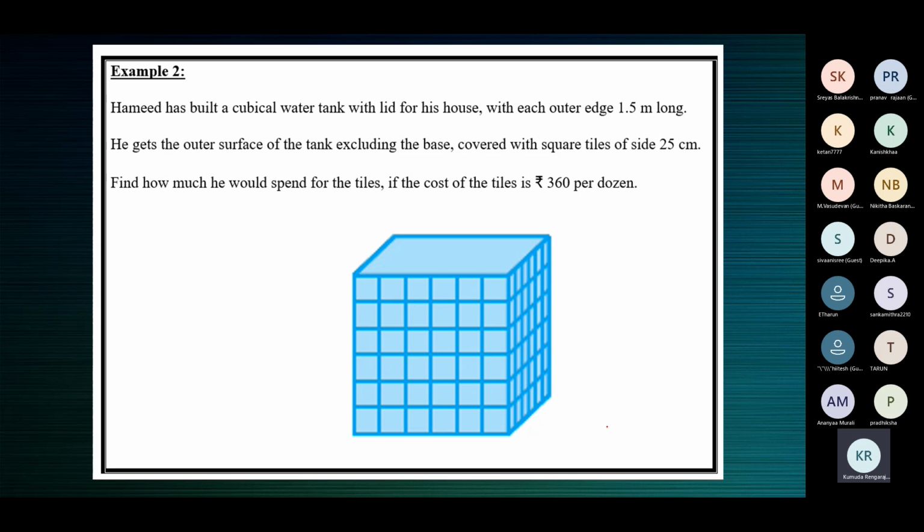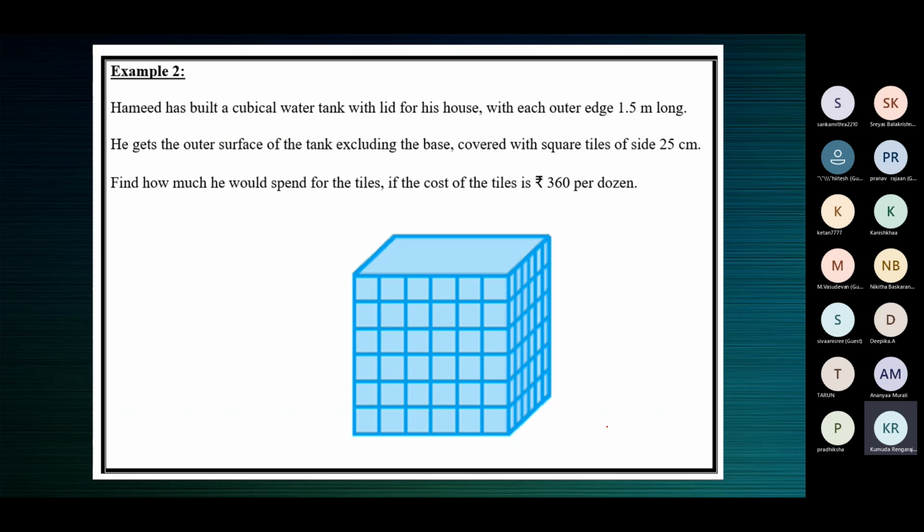And how are the tiles sold in the market? What is the rate? So now we have found the number of tiles. We know how many we have to buy. Next, coming to the cost, how much we should spend. Only if you know how much you're buying, you will know how much you have to spend.